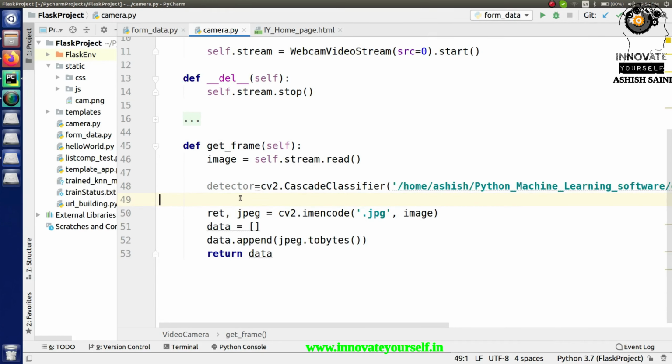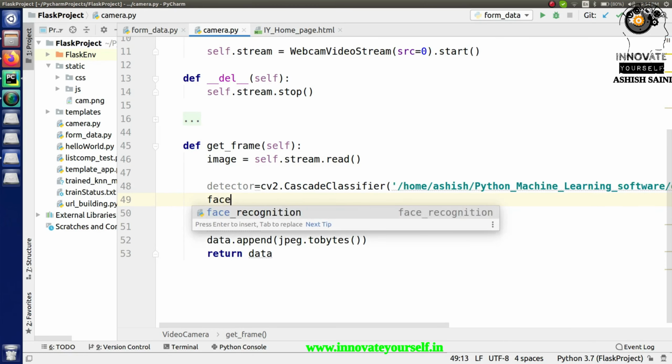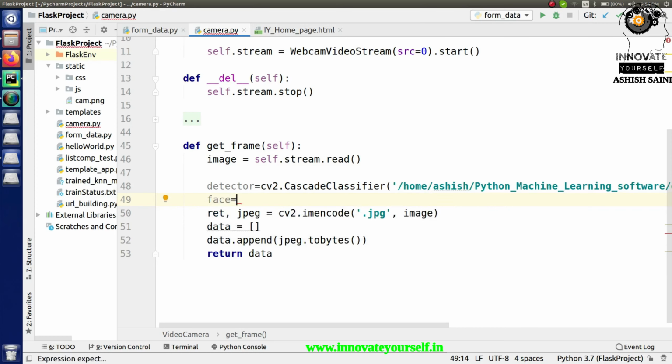When you have this detector, now I have to apply it on the image that I have collected from the webcam, which is stored in the image variable. So I have to create a variable object that will contain the locations where your face actually is, on the basis of the detector I have created here.